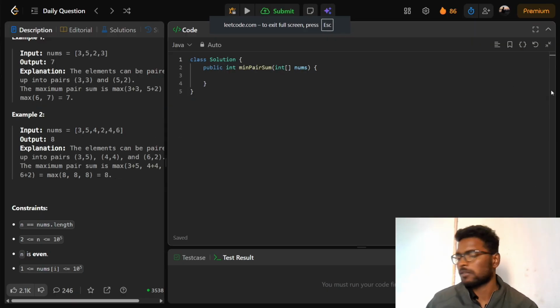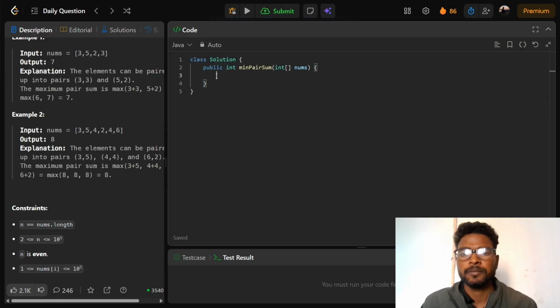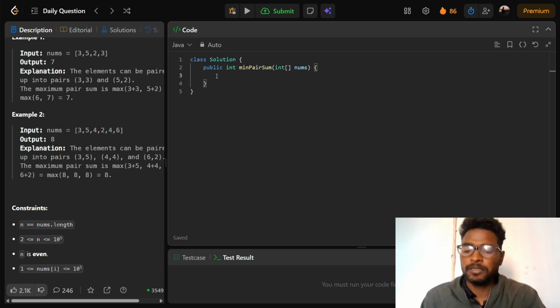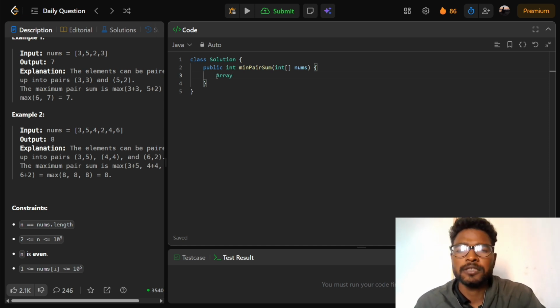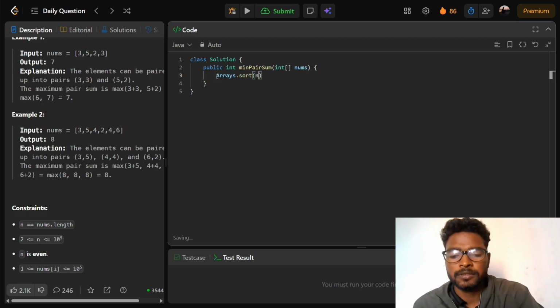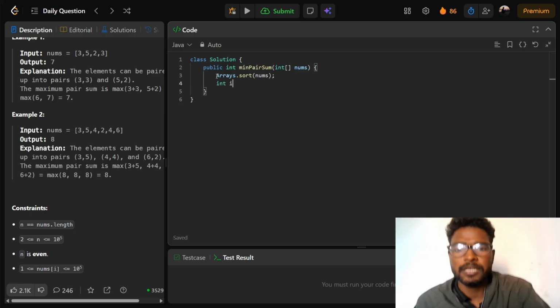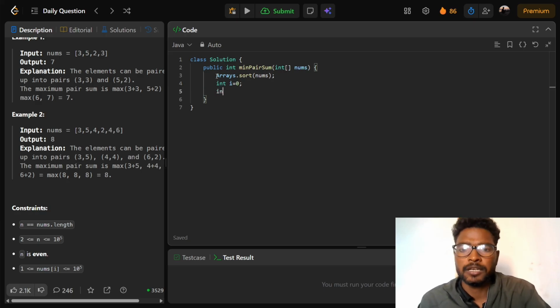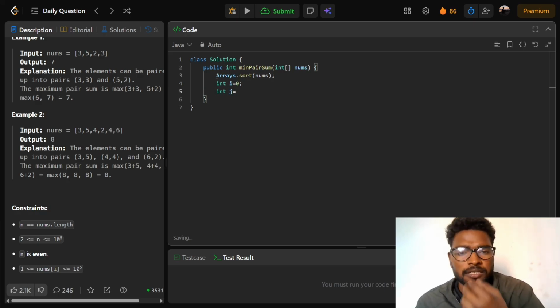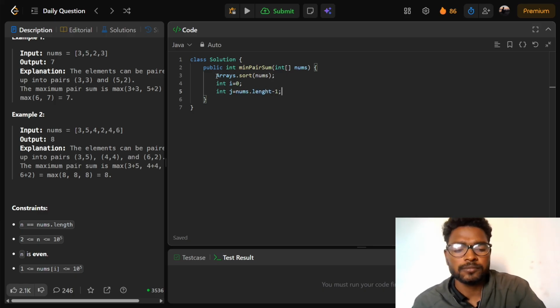Now start with the code. First of all sort the array with Arrays.sort, which is a built-in function for sorting an array in Java, on nums. Then we will initialize int i from 0 and int j as nums.length minus 1, which is the last element.